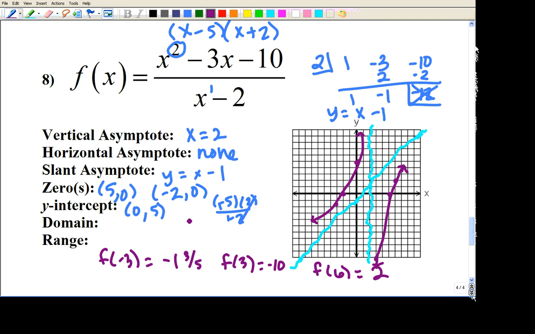All right, so the domain here is going to be, since we have that vertical asymptote at x equals 2, the set of all real numbers where x is not equal to 2. And the range will be the set of all real numbers where,